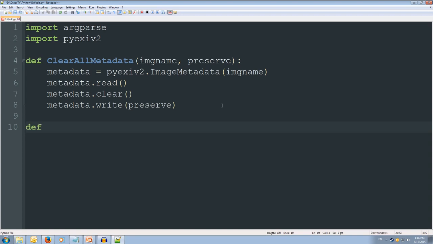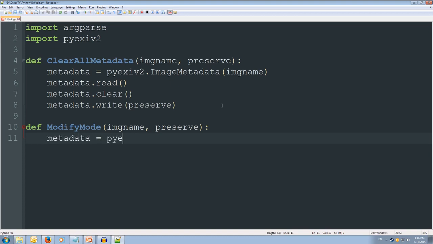So we're going to define modify mode, and inside here we're going to take an image name and preserve again. And this time we're going to write a little bit of logic. So first we'll create our metadata object again. So metadata equals py_exif2.image metadata, image name, and then we're going to read in our metadata. So metadata.read,